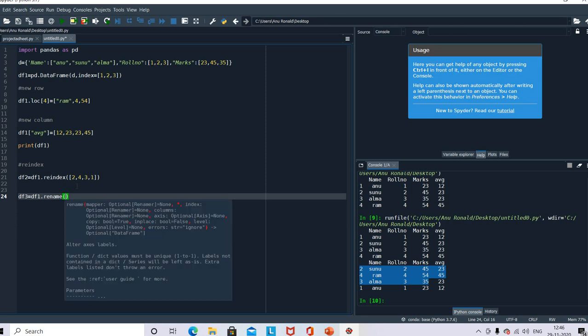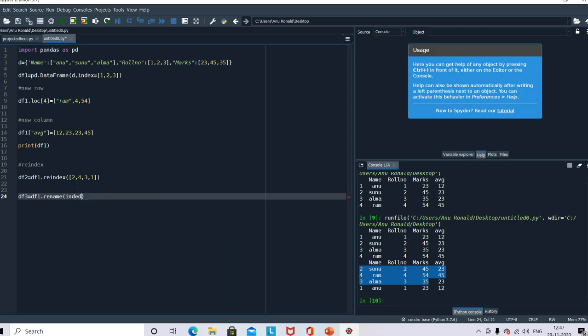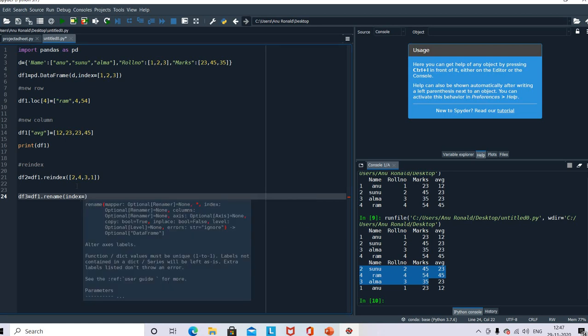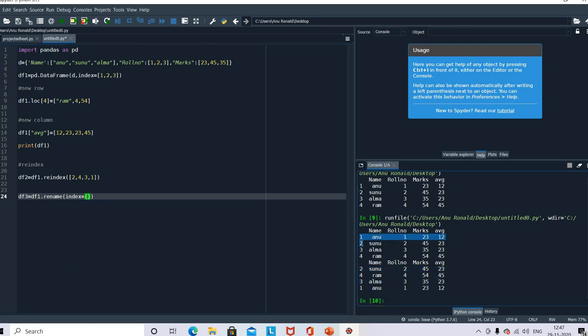And if you want to change the index, that means row names, you will write index equal to curly braces the old value. So I just want to make the changes in 1 and 2 only, just the roll numbers, the index numbers 1 and 2. So I'll write 1 colon the new name that I want to give.